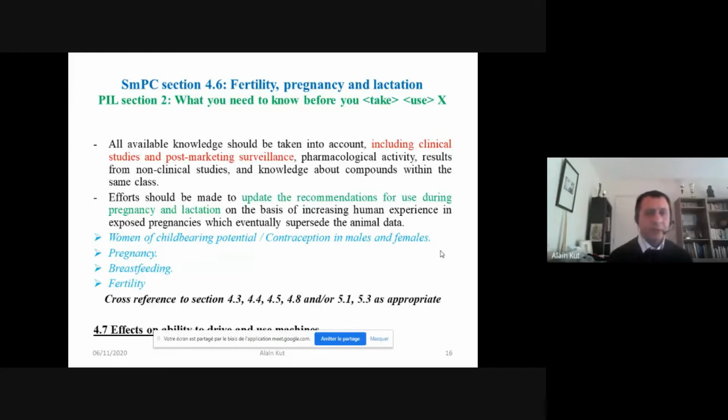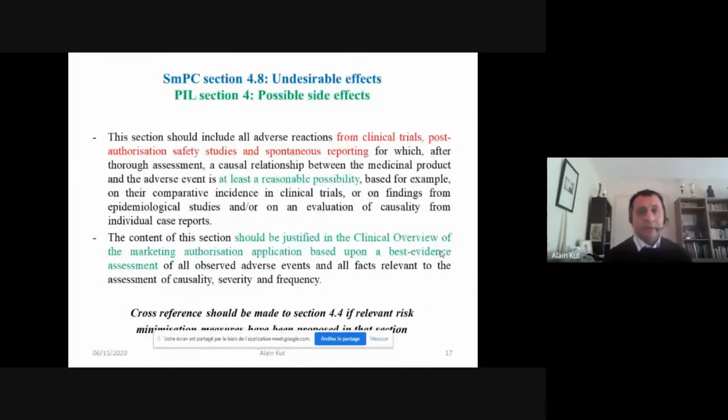Quickly about 4.7, it's the effect on the ability to drive and use machines, like the occurrence of dizziness. We need to draw the attention of healthcare professionals as well as patients to using and driving machines. The most important section is section 4.8, undesirable effects, and mainly this section is